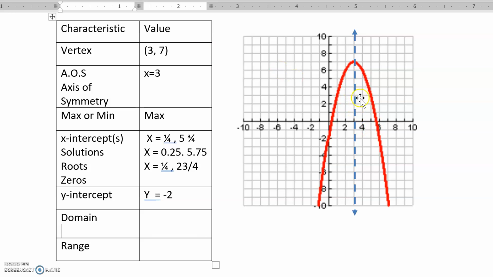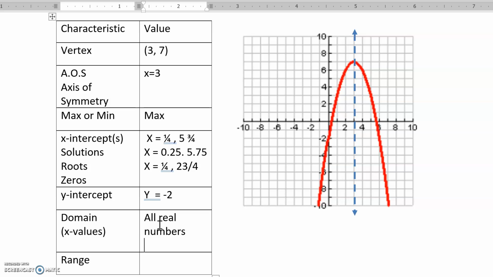So this graph is going to continue to get wider and wider, and there's no limit to how wide it's going to get. So at every x value, this graph will exist, because this graph is going to go on forever and ever. So because at every x value this graph exists, our domain, which again are the x values, is going to be, you can say all real numbers,